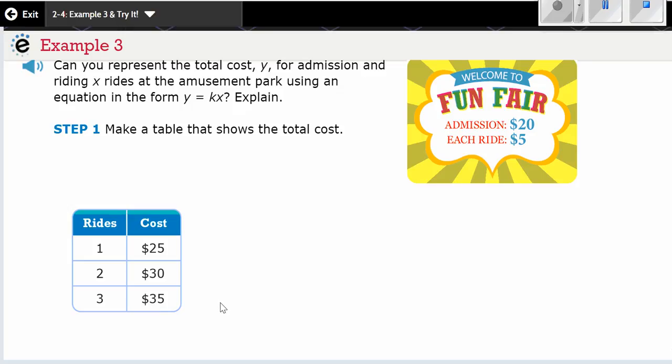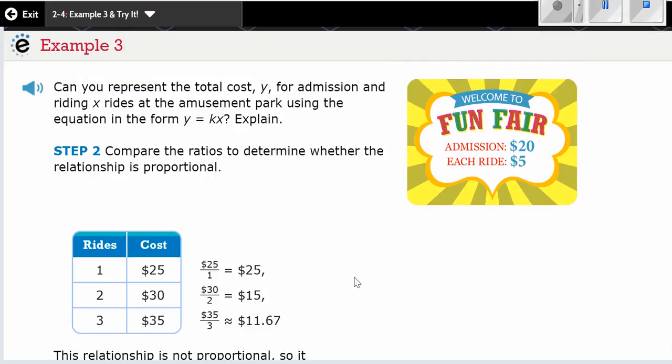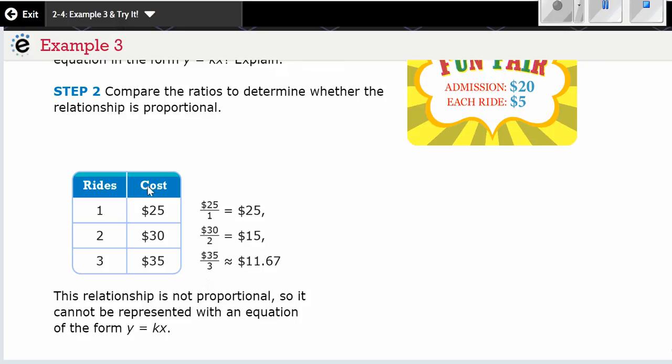And so the first thing we want to do is plug this in and make sure that we can figure out what the constant is on each of those lines, just to see if that constant is proportional. So to find that, we would take the cost, $25, put it over our x of 1. So 25 divided by 1 is, of course, 25. Then we're going to do the same thing with 30 over 2. Now we have an answer of 15. And finally, we have 35 over 3, which gives us an answer of